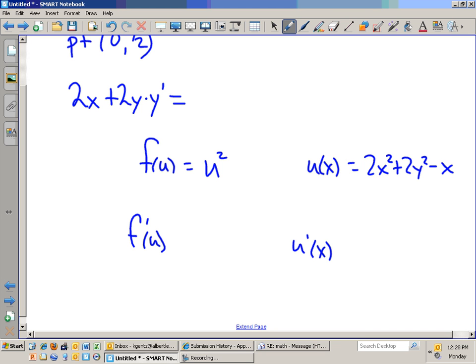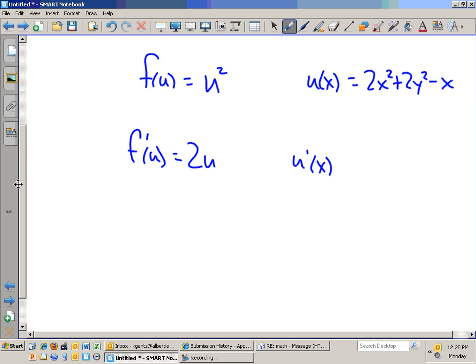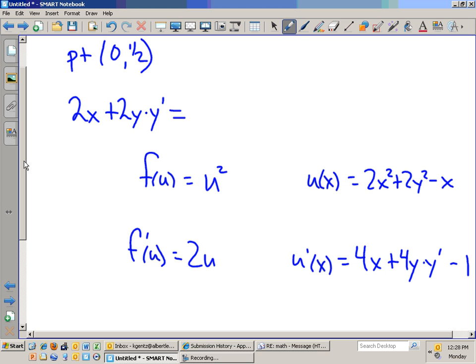Okay. This is easy to take the derivative of. What's the derivative of u squared? 2u. You know what? This isn't that bad to take the derivative of either. What is it? 4x plus 4y y prime minus 1. So if I identify the derivative, it will be u prime of x, which is 4x plus 4y y prime minus 1. This is my u prime of x times f prime of u. So times 2 times